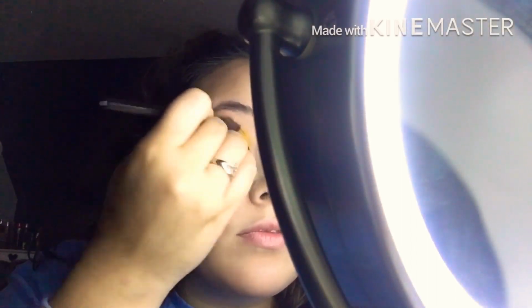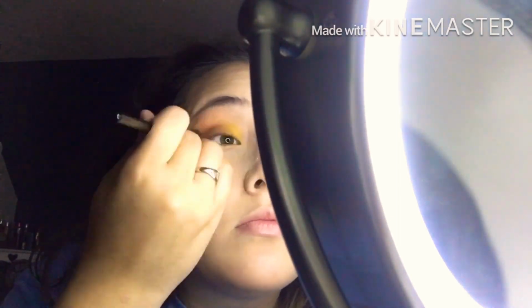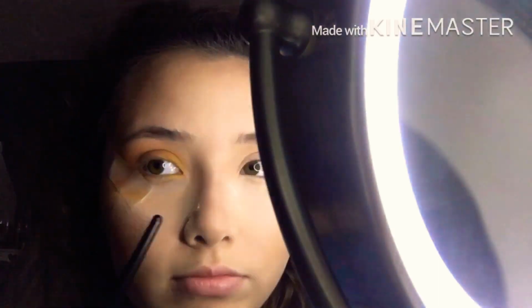And continue just packing on yellow eyeshadow onto my inner eyelid. I then went back in with that orange color and used it as a background color instead of the color that I want to pop anymore, because it was just so hard to get it out of it. Struggle. You could see that I followed. I continued with the rest I could with this orange, and it didn't work out the way I wanted to,